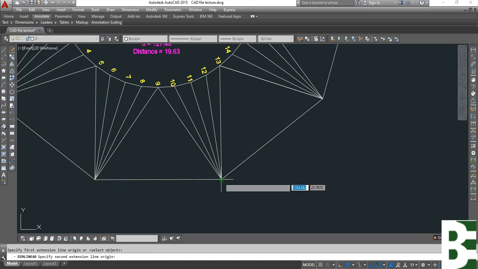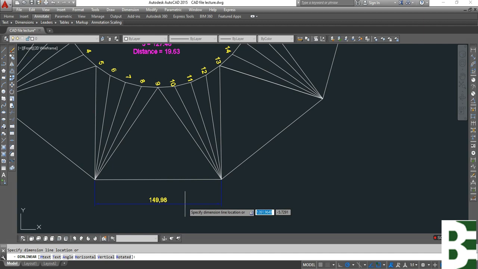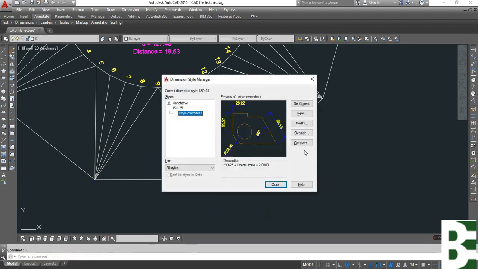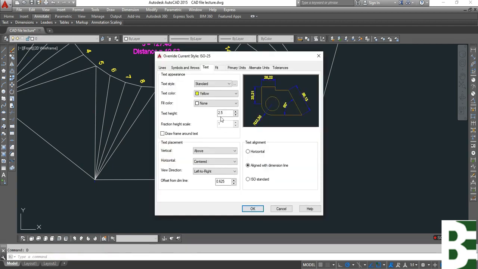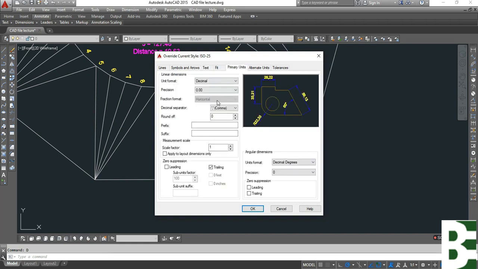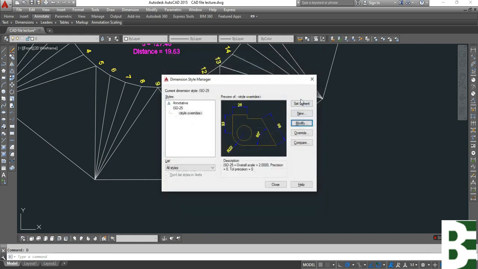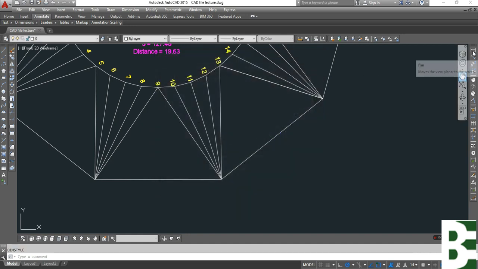A little bit of a mistake here because too many lines are here. Okay, I will change the primary unit. This is not necessary,